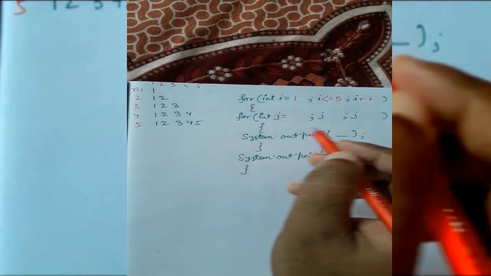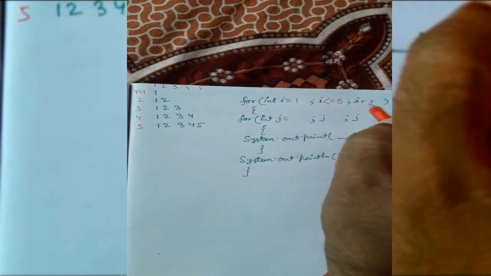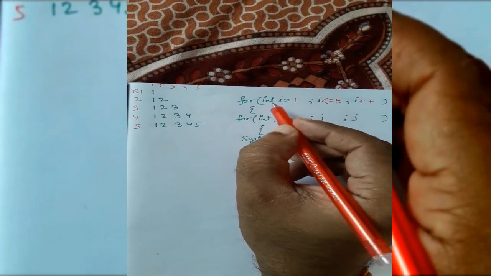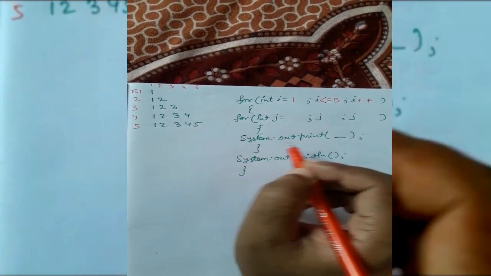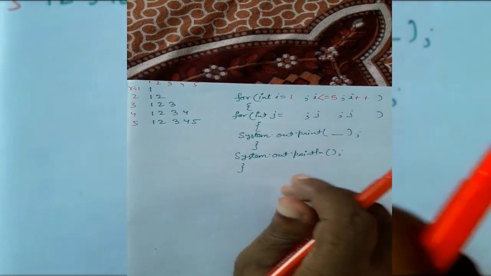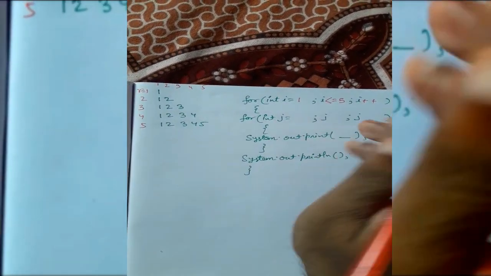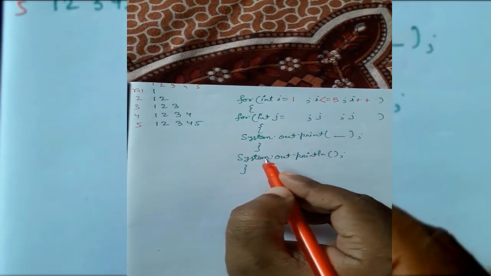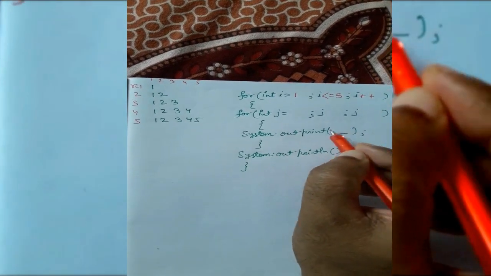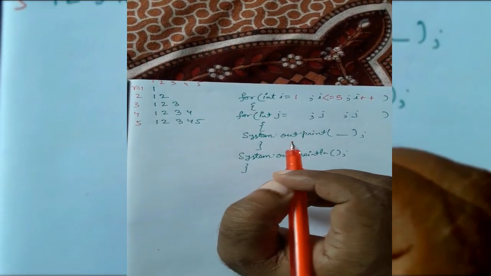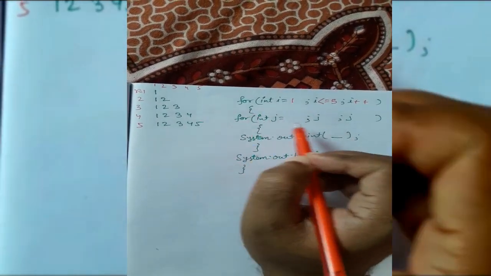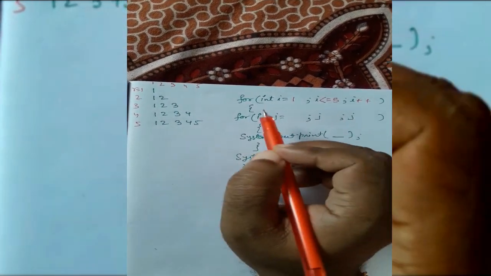Okay, now the second part, that is the important part. If you are writing this in ICSE, out of this part you will get 7 marks. Here 1 mark or 2 marks, here 3 marks, this one 1, this one 1. So 3 plus 2 plus 1 plus 1, 7. Okay, so 2 marks, that is very easy. This one is easy too, 1 mark, very easy we will get. Every time we have to write this one. For what we print here, you will get 1 mark, and for writing this part you will get 3 marks. So very easily we will understand how we will write here.